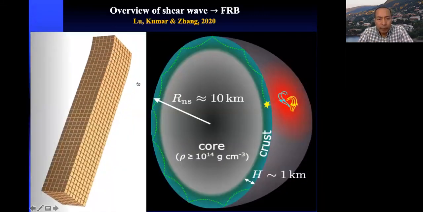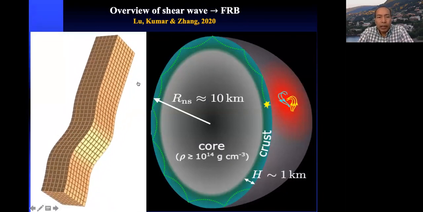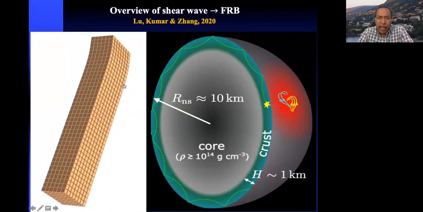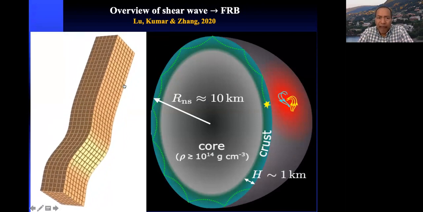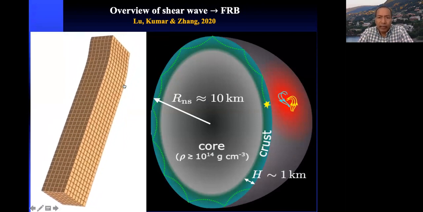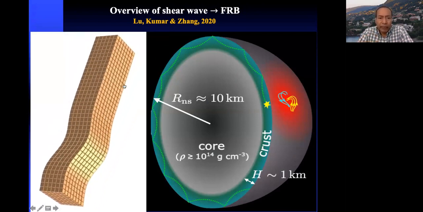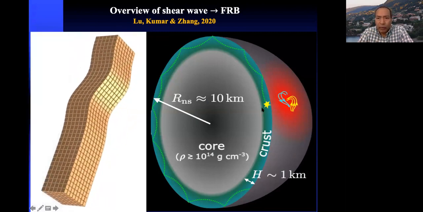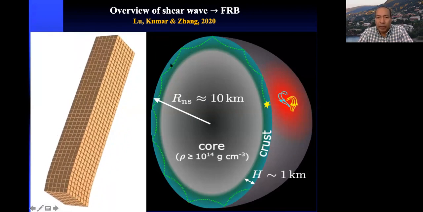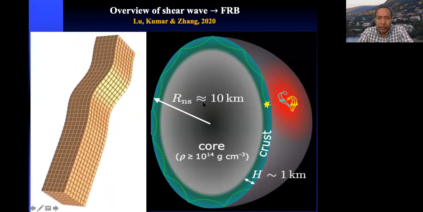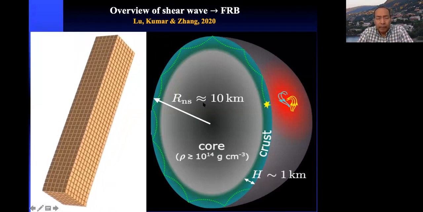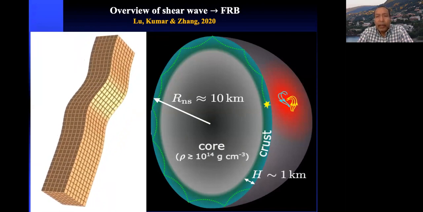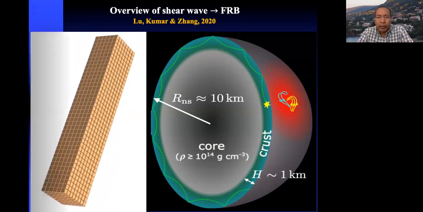Here's the model that we have proposed as to what's going on. There is an analog of a quake or a fracture or settling of the crust that happens suddenly on time scales of milliseconds. And that settling of the crust, which is the outer 1 kilometer of the neutron star, the size of a neutron star, just in case, that needs to be spelled out,